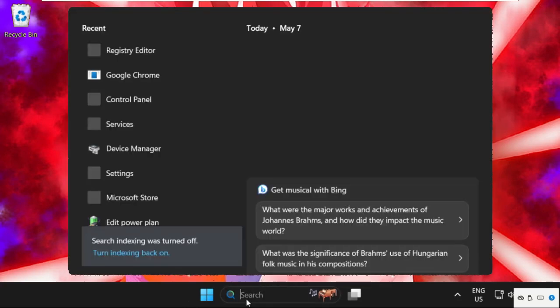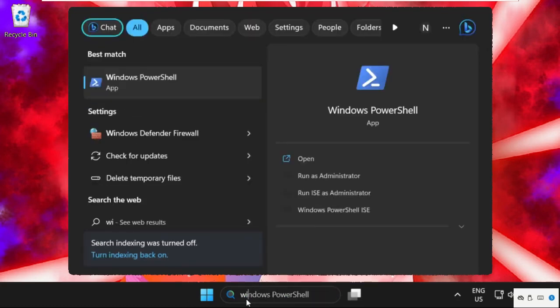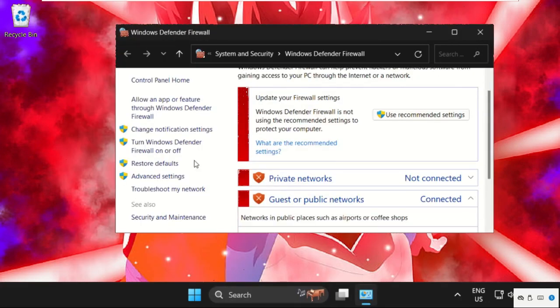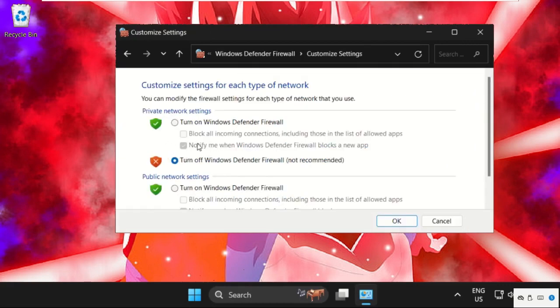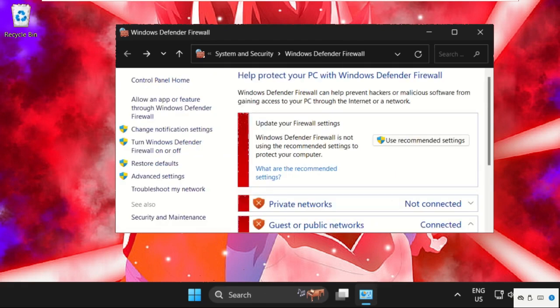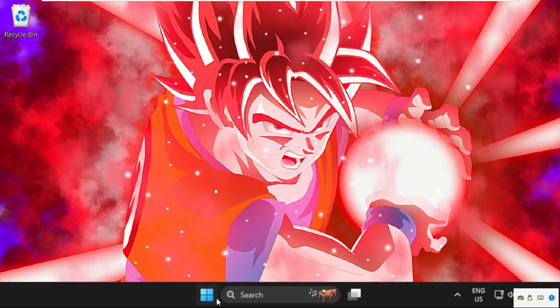Now go to the search bar, type here Windows Defender Firewall. So click here to open it, and then we need to click on Turn Windows Defender Firewall on or off. Then we have to select these two options, turn off Windows Defender Firewall for public network settings and private network settings. Then click on OK and just restart the system and your problem will be